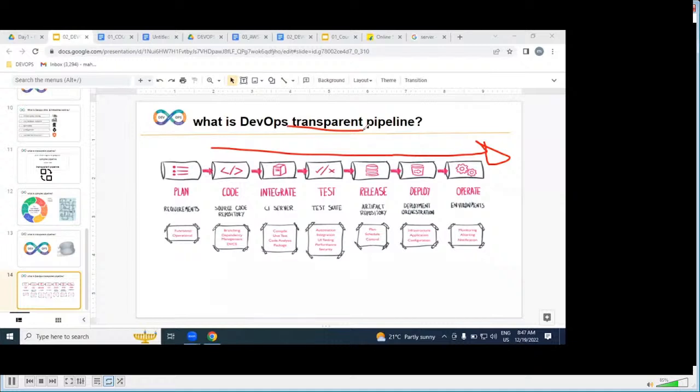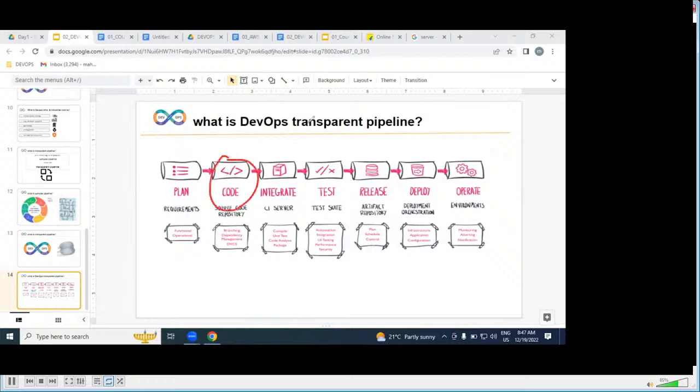To increase speed, to increase quality, to decrease cost. For that purpose only, we implement our DevOps process from dev environment to operations. So let us understand this DevOps process stage by stage, and what our roles and responsibilities are in each stage.